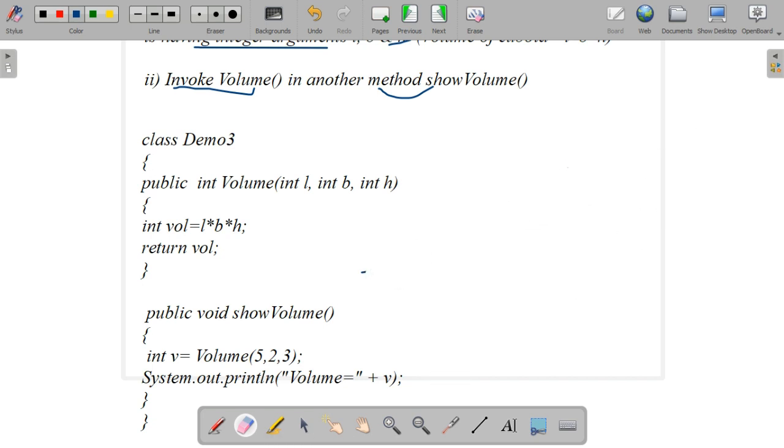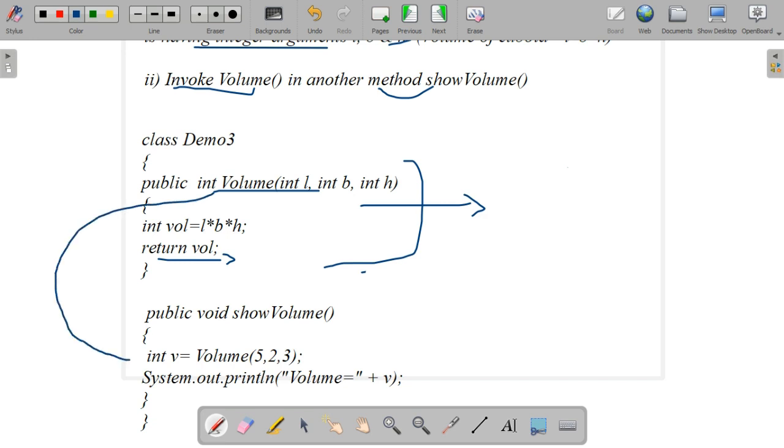Once more, in this class we have two methods. One is the volume method. This is the method definition. We define the volume of a cuboid by the formula and we return the value through the variable vol, and this volume method is called in another method, that is the show volume method. We call a method with a return type along with the parameters.